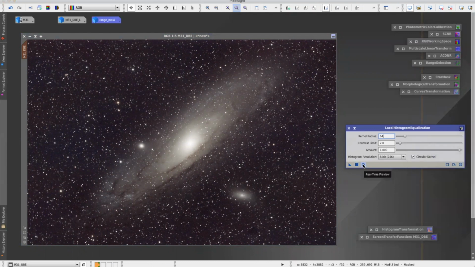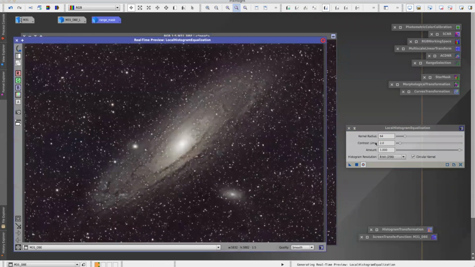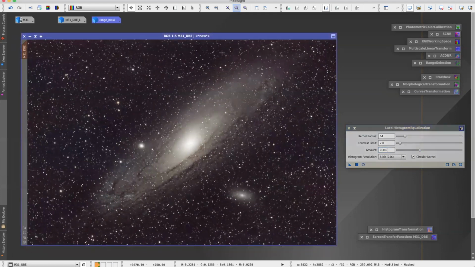Okay, so like everything else, we can use previews in this, and 1 is basically 100% is being applied, and we're going to drop this around about 3 or 4. Just move this up a little bit more. Okay, so I'm happy with that, but what I'm going to do here, just to show you the before and after process a little bit easier again,